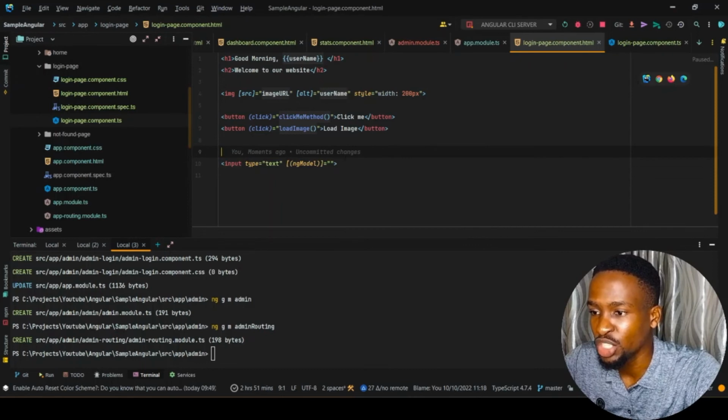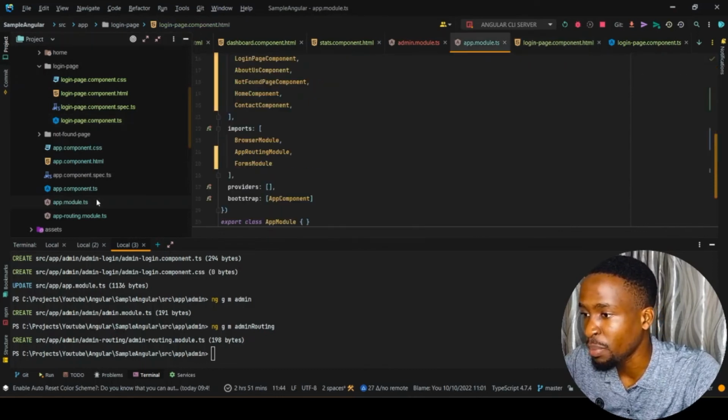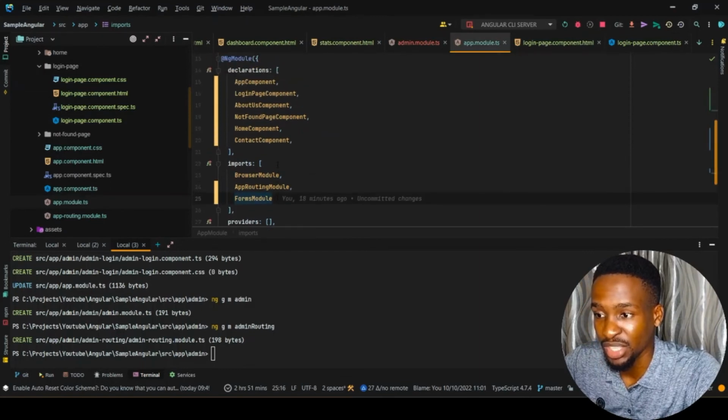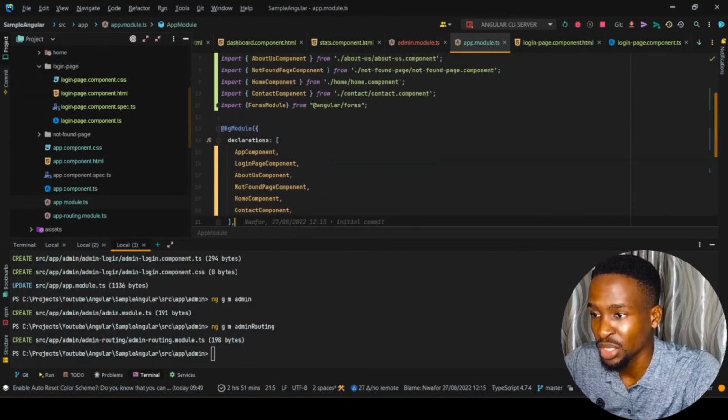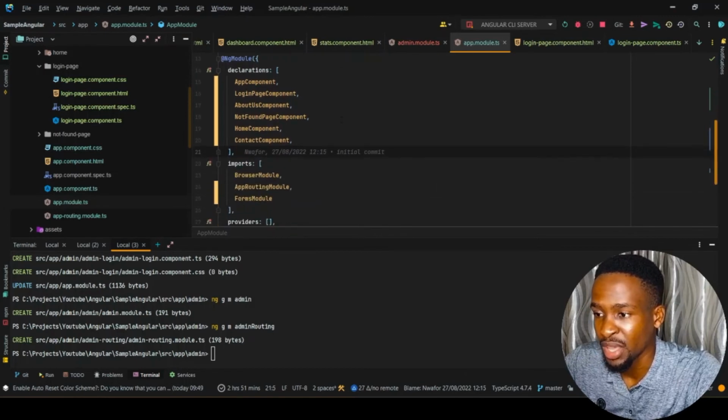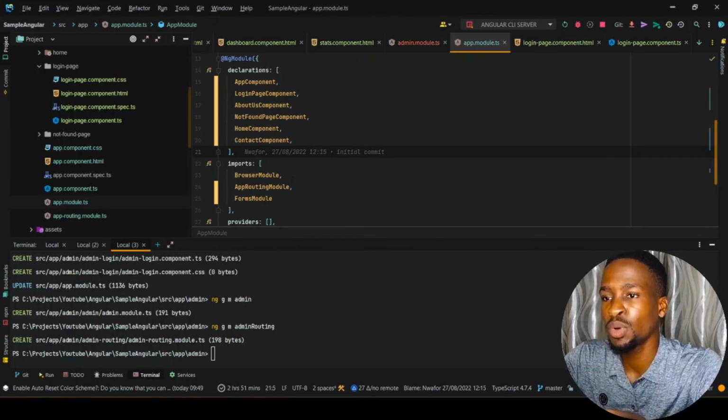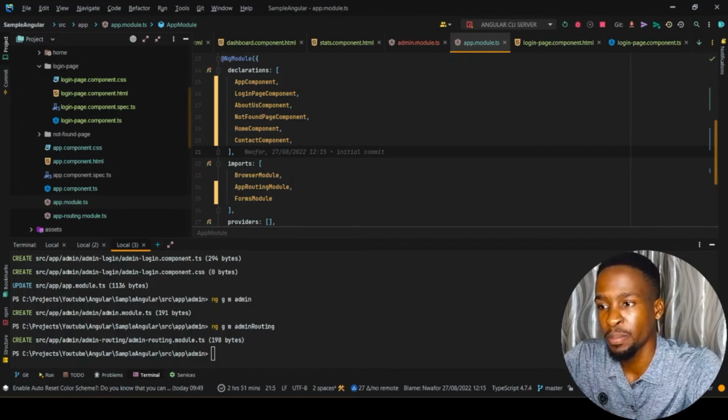So take note, ngModel is actually being imported to our app module. My IDE just actually imported that for me. So you can see it's imported from the forms module, and we have it over here as well. So ngModel is actually a part of the forms module,